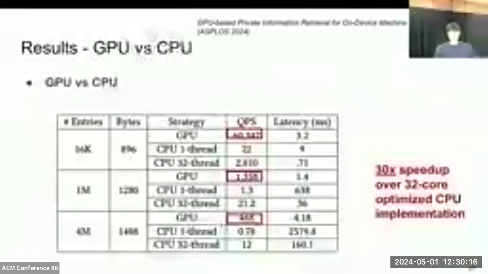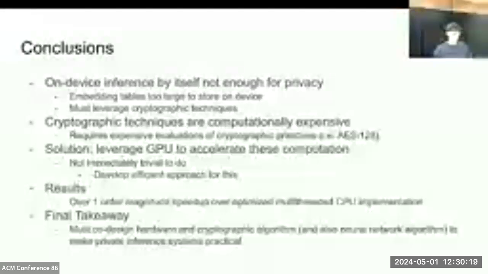So in conclusion, on-device inference by itself is really not enough for privacy because the embedding of GPU acceleration. And our results show that by efficiently doing this operation, we're able to get over an order of magnitude speed up over a multi-threaded CPU implementation. So the final takeaway is that in order to make these private inference systems